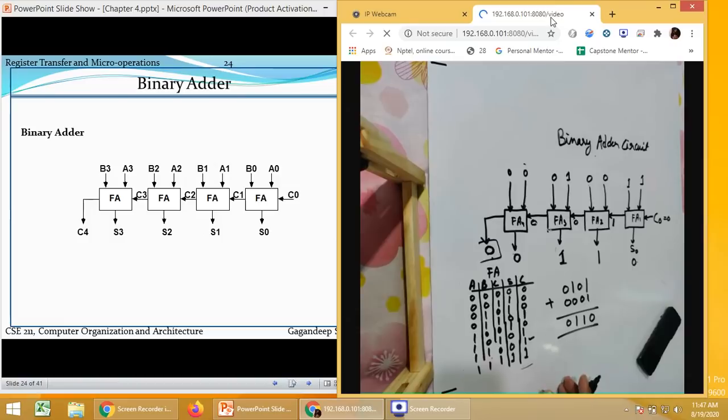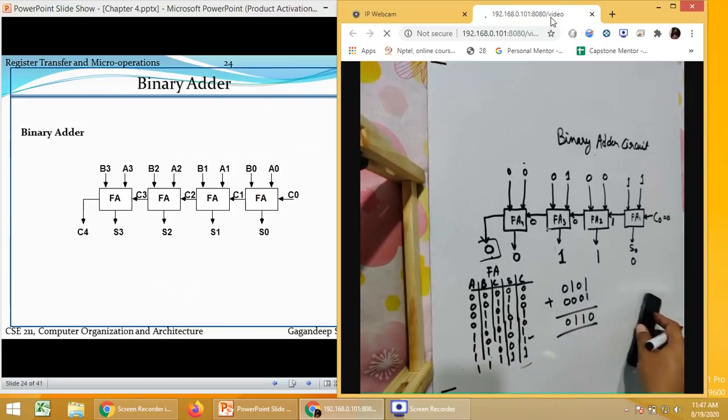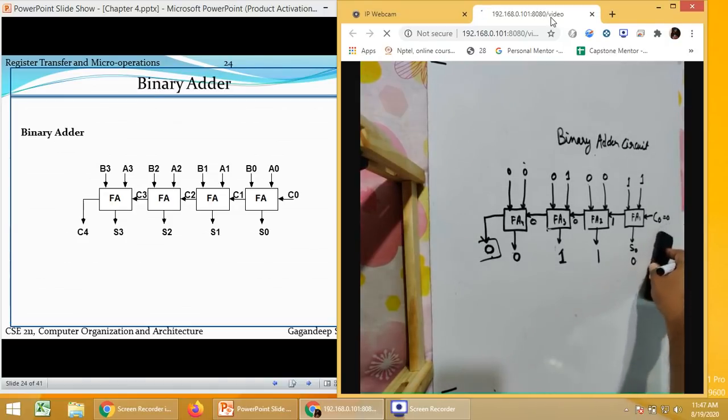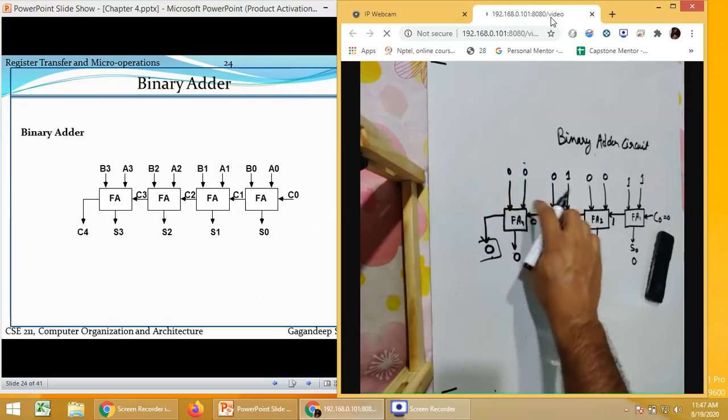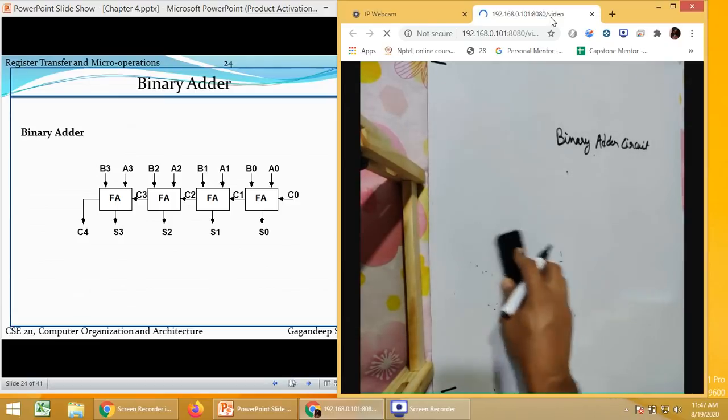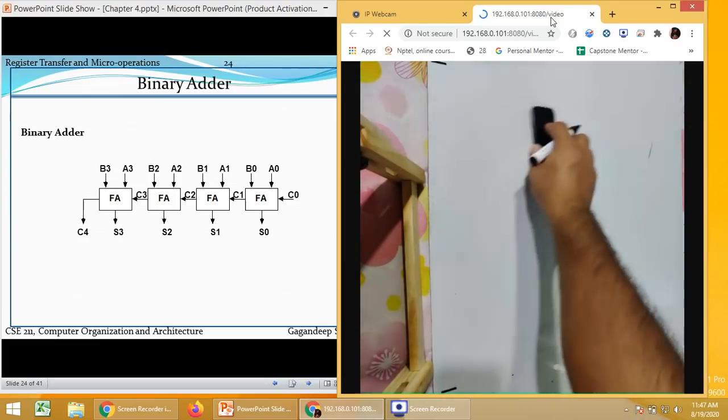Now, the next thing which we are going to do is just convert this particular circuit to perform both the tasks. Now, earlier it is only a binary adder. Now we need to convert this circuit to perform addition as well as subtraction. So, how we can do that? The same full adders will be used, but there will be a slight change on the B part. So we will discuss about that first. Then we will convert this circuit into a binary adder subtractor.